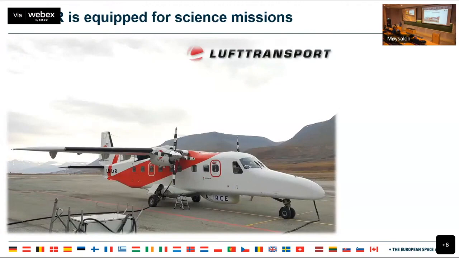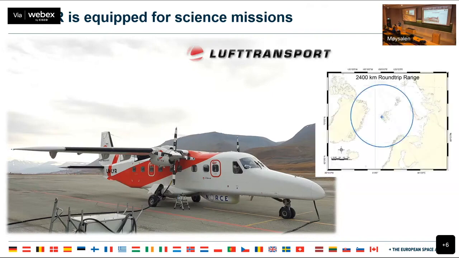So one of these aircraft, Norse, we have equipped for science missions. So we're targeting like a dual use of the aircraft, both logistics, passengers, cargo, but also to be able to collect science data. And you can see under the belly of the aircraft, there's a small pod. It's not so small, which contains some equipment that we could have a look at when we get to the hangar. So you can see the strategic location of the aircraft in Longyearbyen. That is the range of the aircraft before it has to return to Longyearbyen. Of course, if you refuel somewhere else, you could